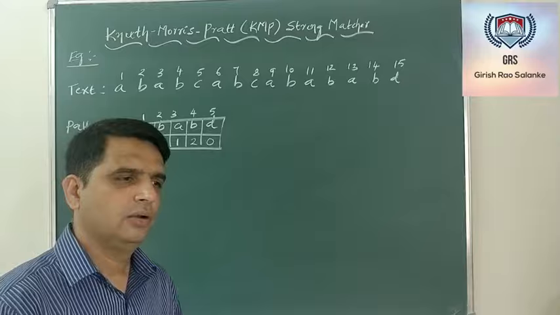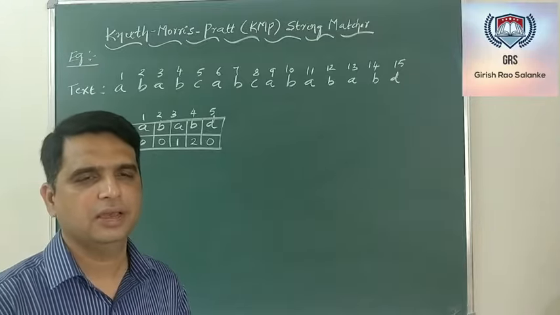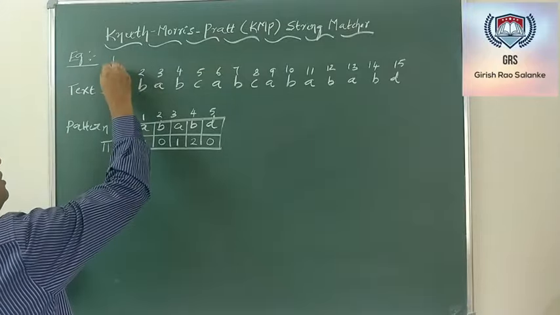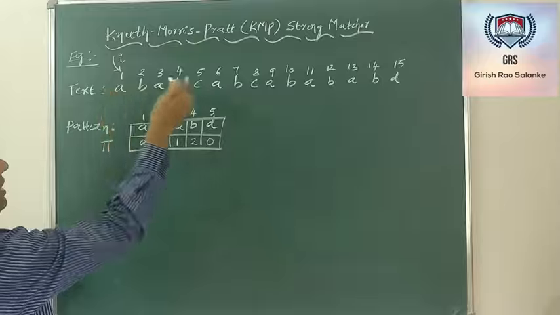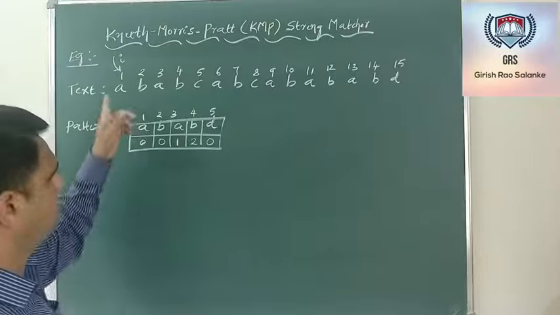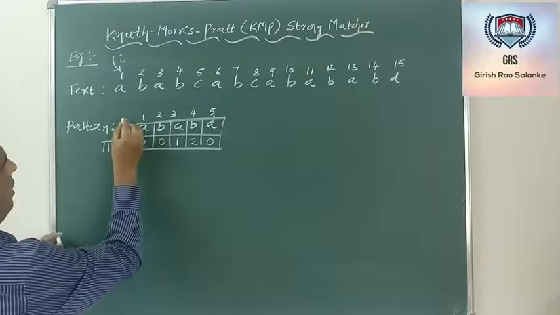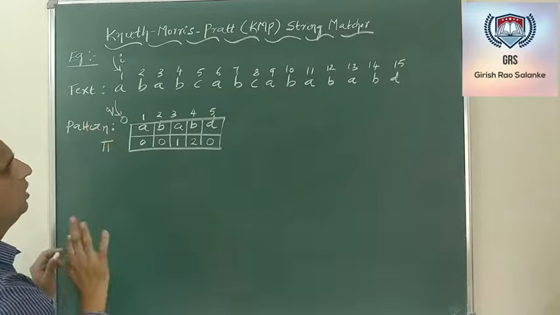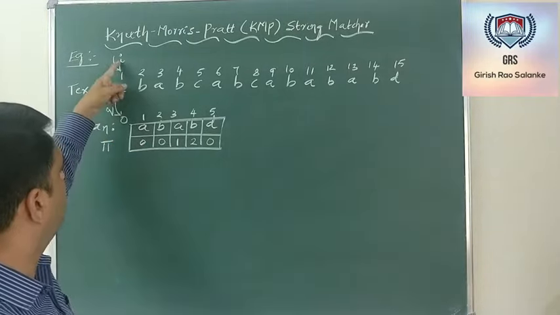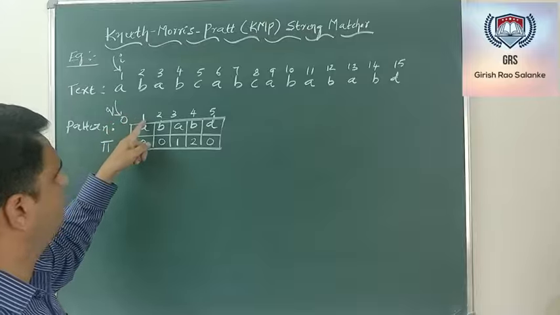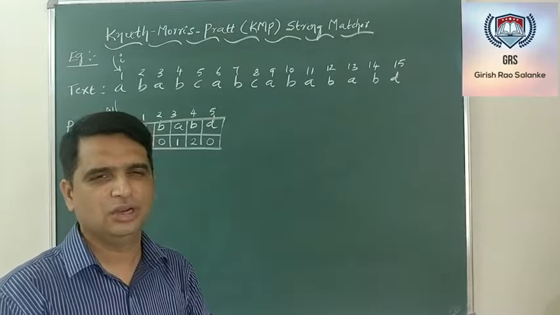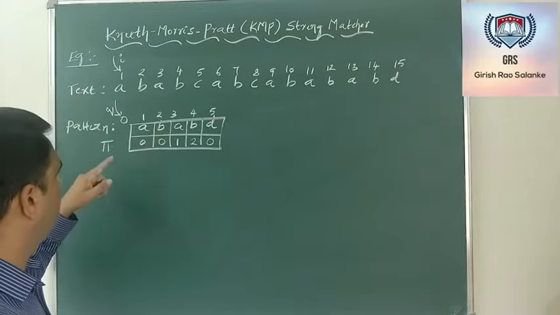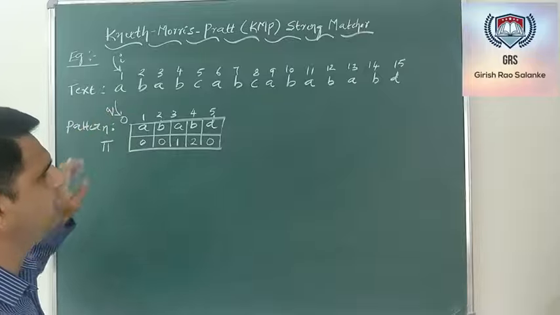Now to check how exactly the KMP string matching algorithm works, let me use two variables. One variable by name I, pointing to the index of the first character of the text, and one more variable by name Q, which is initialized to 0 here. Note that I is being initialized to 1, but Q is not initialized to 1. We can do some modification so that the algorithm works fine. But I'll use the same algorithm as given in Cormen, wherein he uses a variable by name Q and it is initialized to 0.